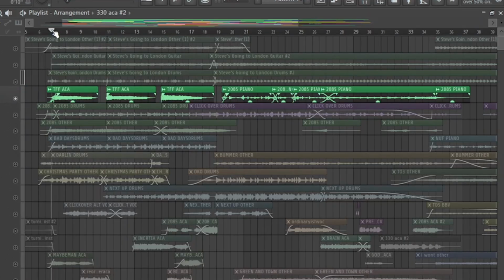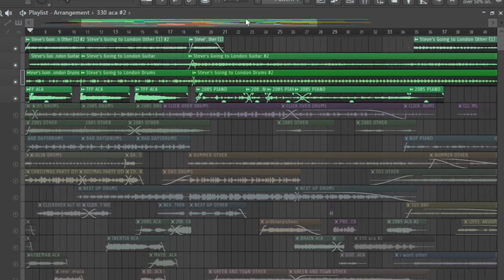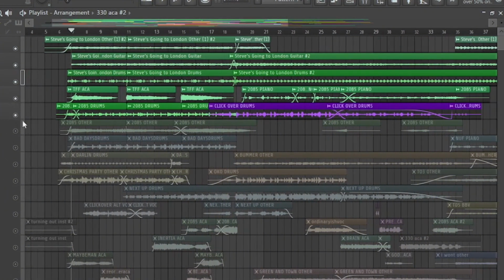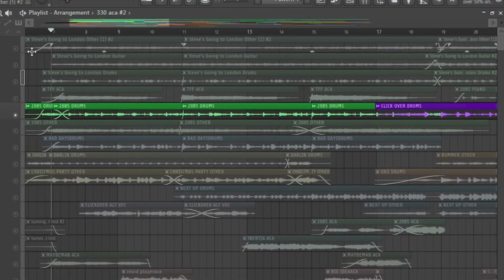But it starts off with Touchy Feely Fool. The top down is how I've constructed it. It started off just that, and then there's Touchy Feely Fool's ending, because that's nice. I think that worked. And then we added 2085 drums, and they're in 3/4. But there are easy workarounds for time signatures, luckily.